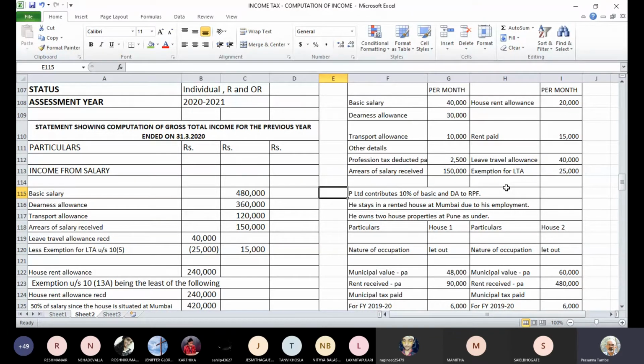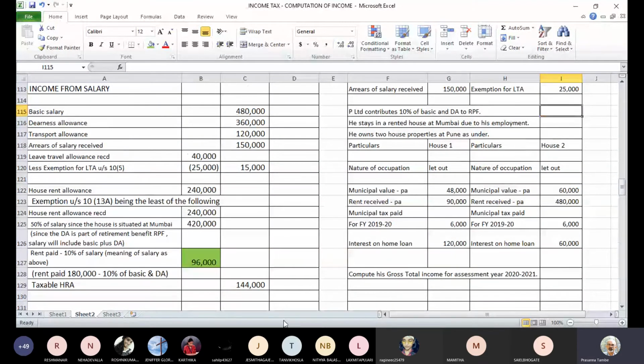So this is not taxable, and nothing needs to be considered as a part of this contribution. This contribution made by the employer is completely tax-free. Up to 12% of salary, it is a completely tax-free benefit. So we don't have to consider anything out of this. It is fully covered within the exemption limit. So no further additions. Everything else is considered as part of salary income. We can take the total of his salary income. Gross salary we can calculate now. So his gross salary comes to 12,69,000.